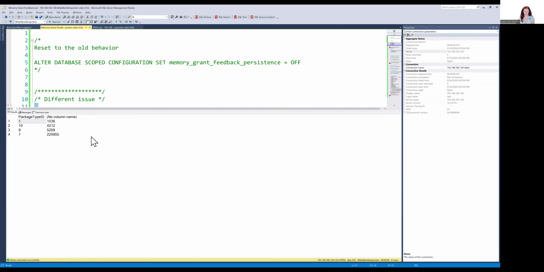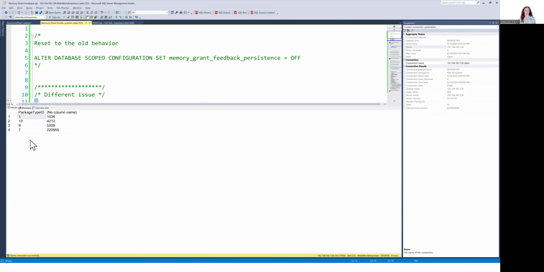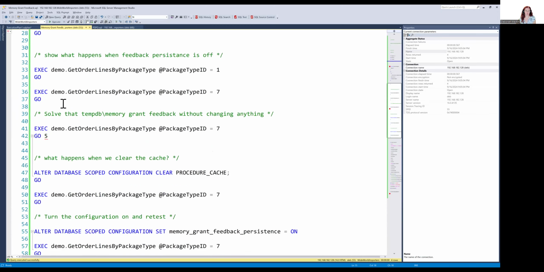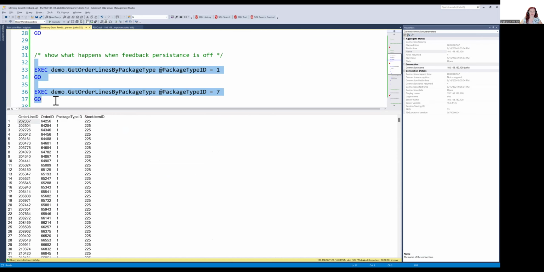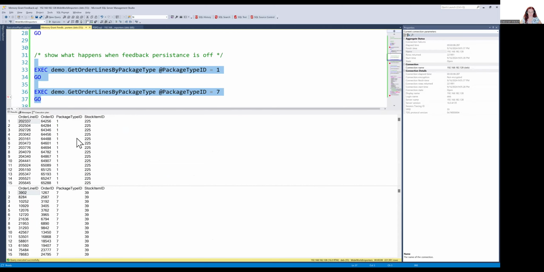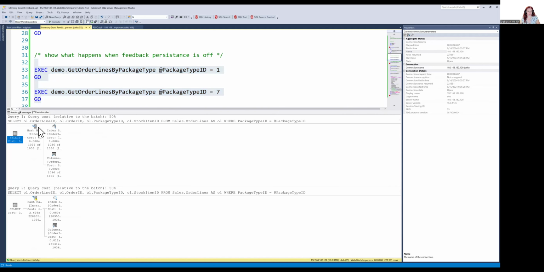And so when I ran this and I looked at my data, I noticed package type 1 had only 1,000 values, but 7 had a lot more, just under 221,000 records. That felt like a pretty good skew, right? That should kick in, or so I thought. So I created my stored procedure, and I was super excited to see what happens when I ran everything. And so I ran it. Takes a couple seconds because the data is still skewed. It's a little different. And so now that it's run, I went to look at my execution plan,